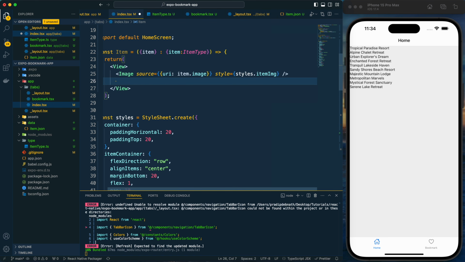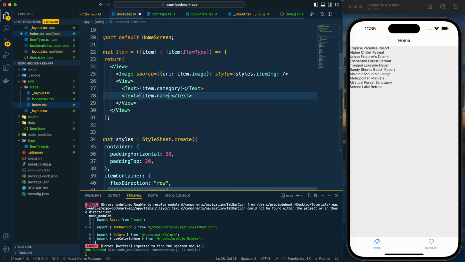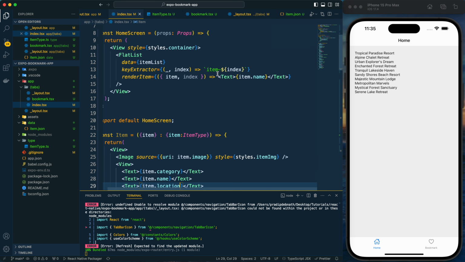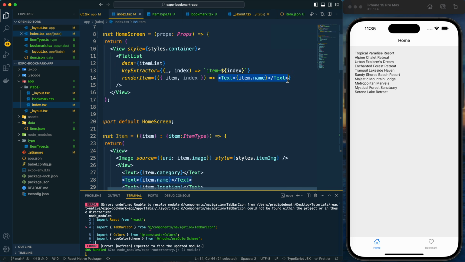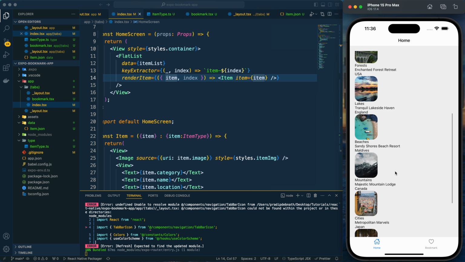Now after that I need to create a view, and this view will hold the item category. Then I need to display the item name, and then I will display item location. After that, here I need to render the item, and here I need to pass the item prop, and in the item prop I can pass the item which I am getting as a prop in the render item. Here we can see, here we have the details.